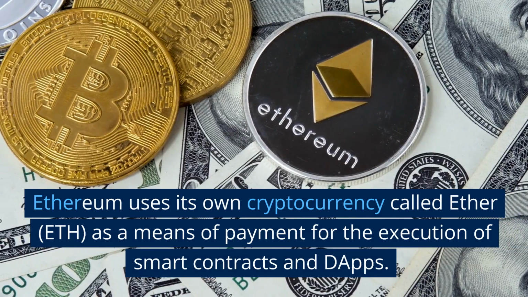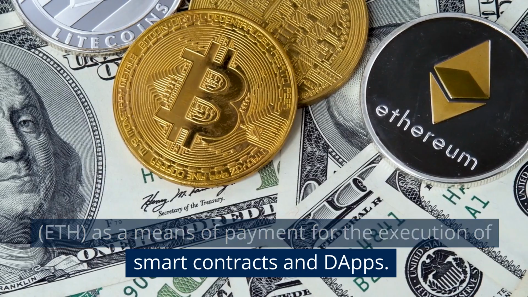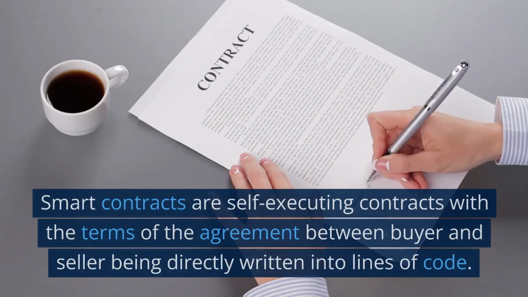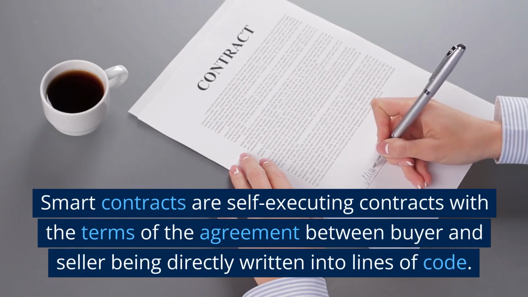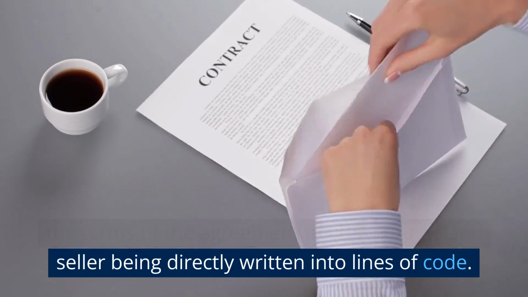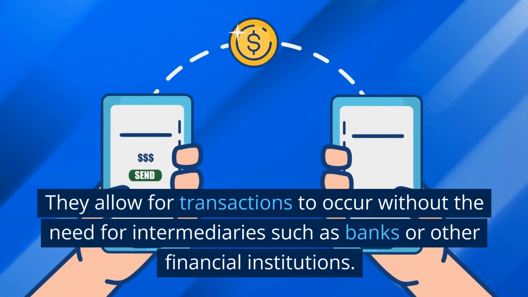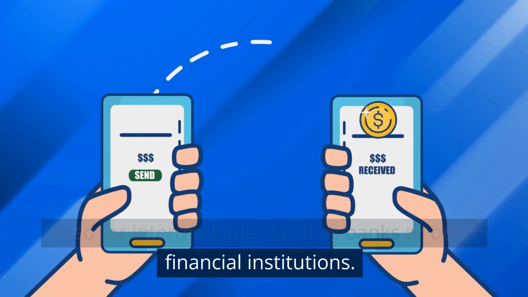Ethereum uses its own cryptocurrency called Ether, ETH, as a means of payment for the execution of smart contracts and dApps. Smart contracts are self-executing contracts with the terms of the agreement between buyer and seller being directly written into lines of code. They allow for transactions to occur without the need for intermediaries such as banks or other financial